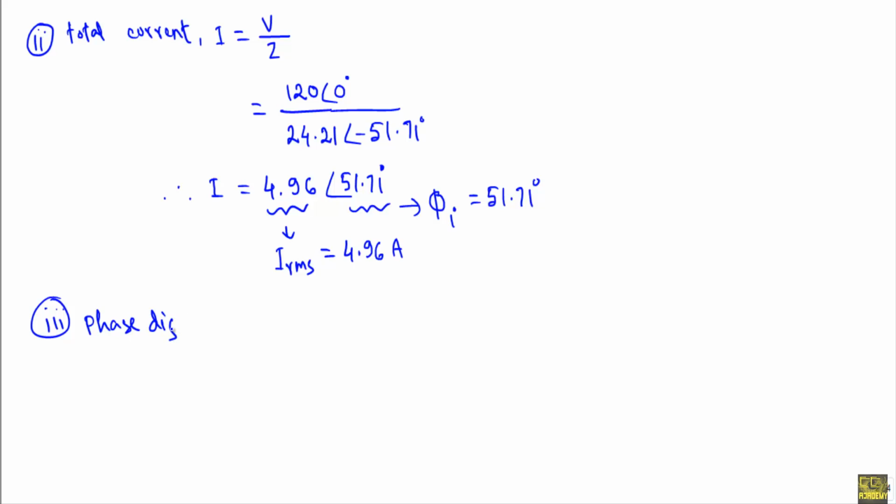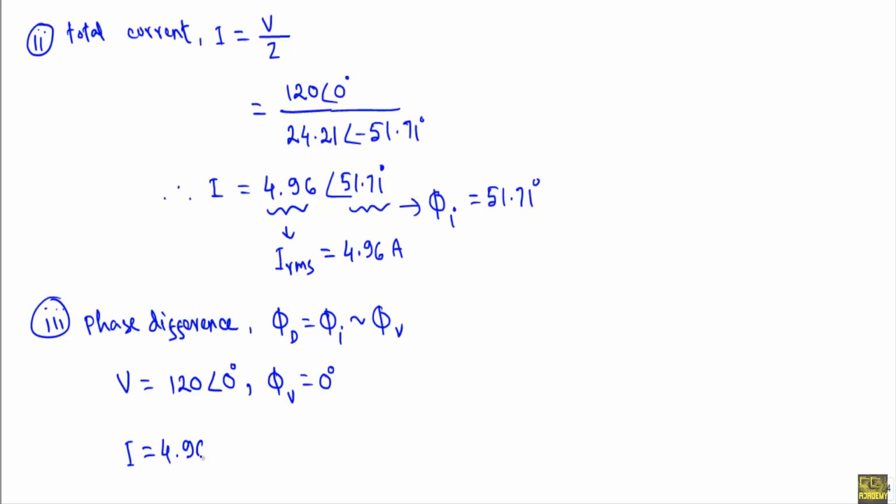Phase angle or phase difference is the phase angle difference between the current and voltage. In the circuit, the applied voltage has a value of 120, phase angle 0 degree. That means phi V is equal to 0 degree, and here the current I is equal to 4.96 with phase angle 51.71 degree. That means phi I is equal to